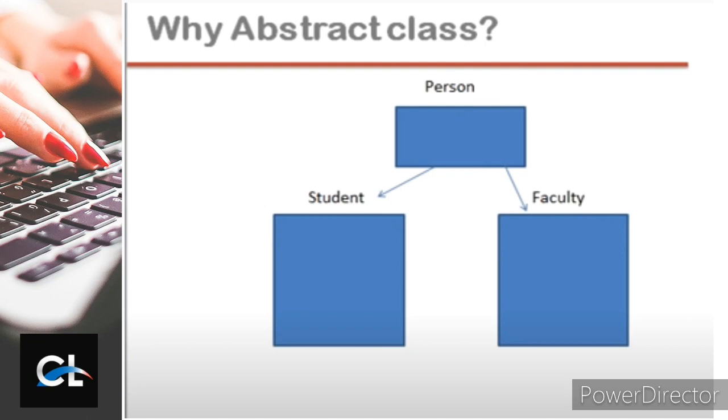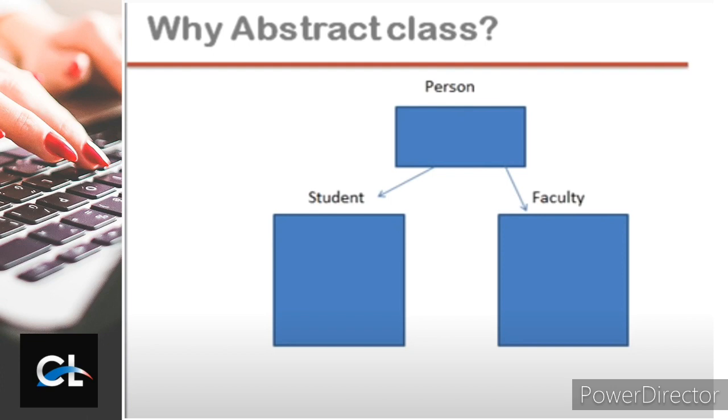So that's why if I want to use person as a class and if it is abstract, then we are able to create the prototype of this common method or common data members or variables.